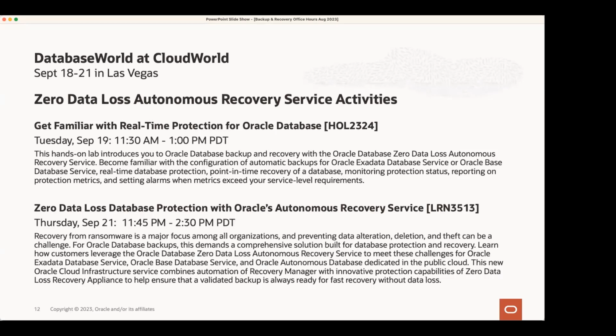So, we're talking about recovery service today. We have a hands-on lab that is on Tuesday from 11:30 a.m. to 1 p.m. I will be the moderator there, along with a couple of my other PM colleagues, and you can get hands-on experience with the recovery service. And we're going to take it through a few scenarios. We're going to take you through